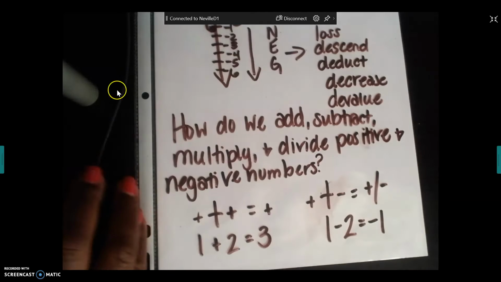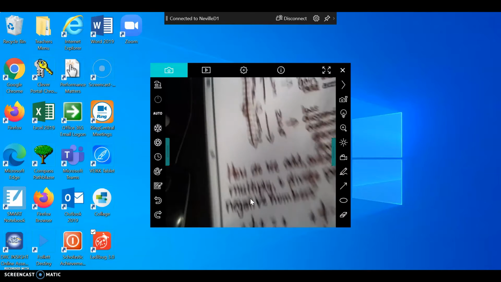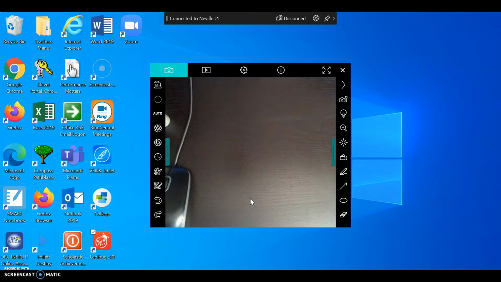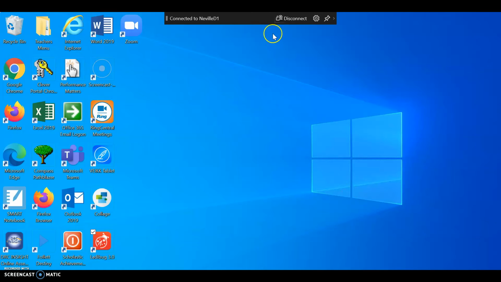If you've went mastery, in other words, if you've made an 80 or above on the assignments from last week in Schoology, or if you've completed them and went 80 or above, you're going to be moving on to making a PhET simulation story. If you have not made that 80 or above, you and Miss Neville will be working together today in small groups. Some of you will be making your first attempt on those assignments, okay? So I can see where you are. All right, so let's go ahead. I'm going to stop